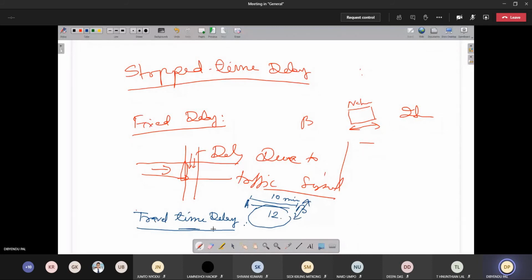Actually, it may require only 10 minutes, but since there are some other vehicles present on the road or small disturbances on the road, on average a vehicle may take 12 to 13 minutes to reach its destination. The difference between these two travel times is called the travel time delay. So there is delay in the travel times itself. These are the different definitions of travel time and delays.